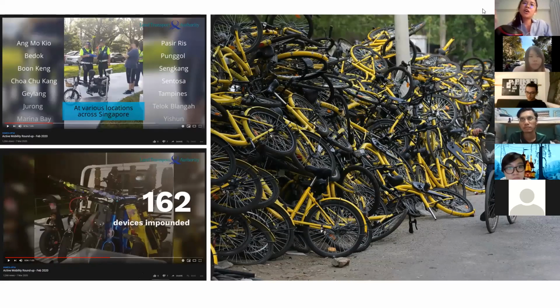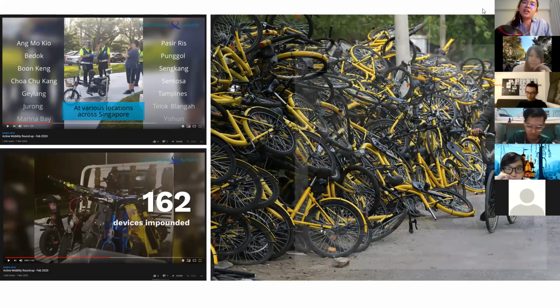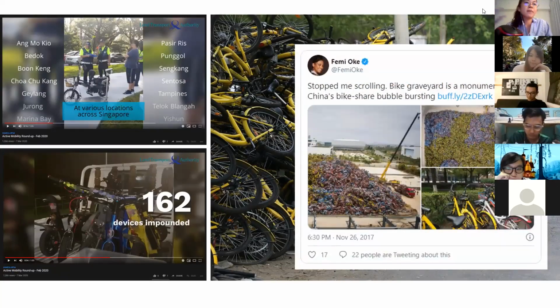What is the problem with all this vehicle renting as well? Because to companies, these are actually very cheap options. They can always provide a bike, and when they malfunction, it's actually more costly to repair or maintain them. So all these bike renting, vehicle renting vehicles, at the end will just end up like a bunch of garbage over there. People just throw it over there. There's a thing called bike graveyard in China after all this bike share bubble bursting happened.